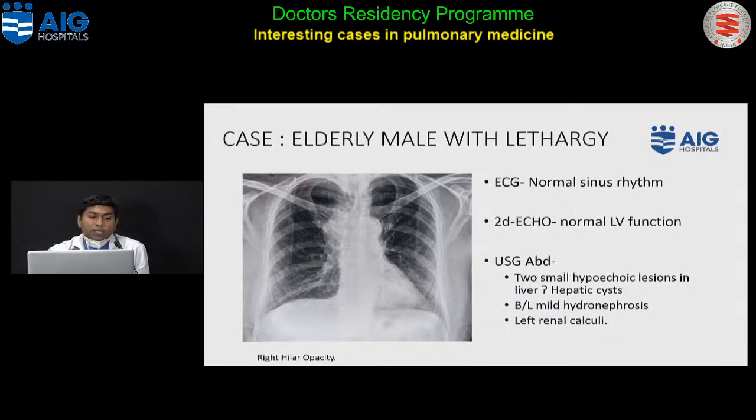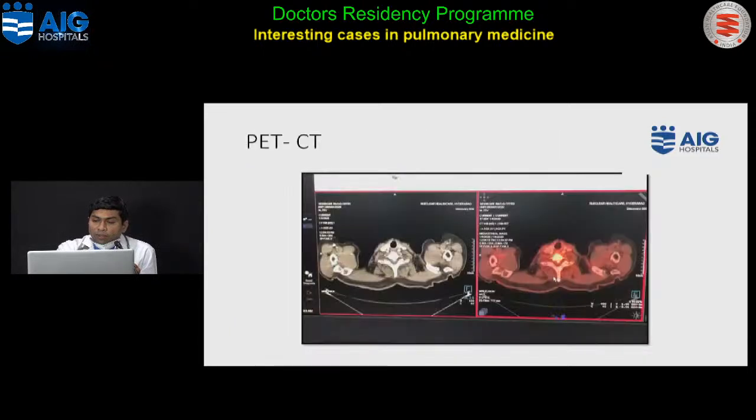paratracheal, and also extending up to the hilar region. So this patient had mediastinal lymphadenopathy which is predominant in the paratracheal and hilar region. The patient's ECG was normal, echo was normal, and then we evaluated him with a PET CT scan because we were expecting a malignancy in this patient, and you can see that